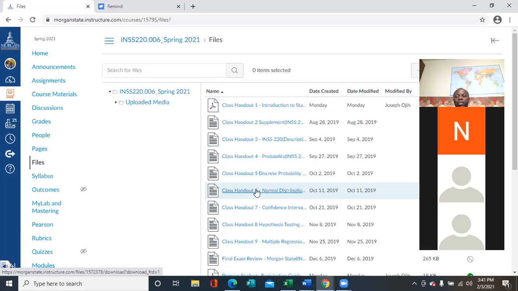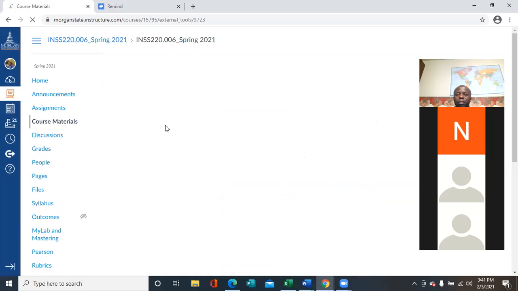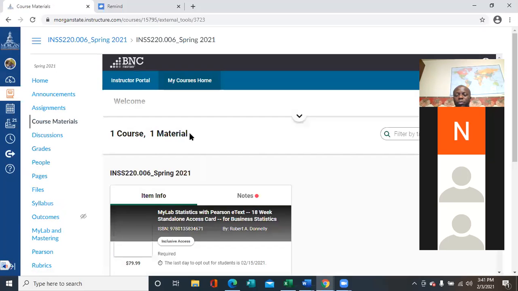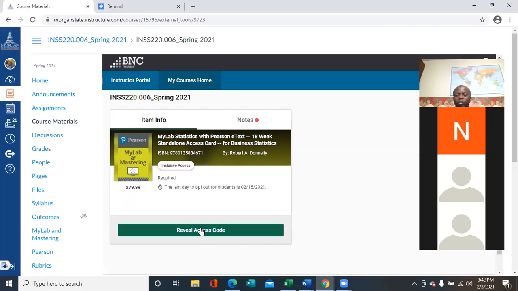What I mean by that is to go to where you have your course material and get registered using the access code that they will give you. I showed you this last time so that we can have access to Pearson MyLab, where I will be putting your homework and tests. Other than that, if you don't have any other question, then I think today we're closing early. We are closing 8 minutes early.